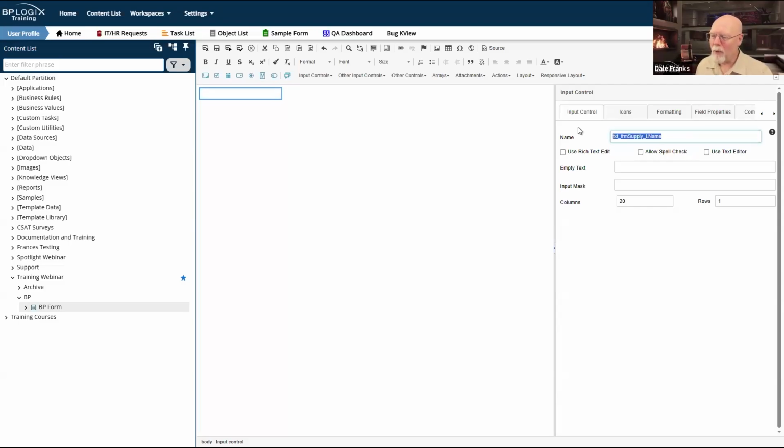Just use simple names for your form fields, names that, when your user sees them, they're going to understand what that form field does. First name. I wonder what sort of data would go into a form field named first name. You're not going to need Sherlock Holmes and Watson to come by and help you figure that out. So, simple names, always good.